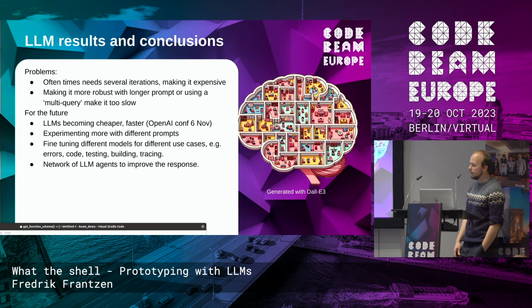And other strategies have to be considered and explored, like fine-tuning for Erlang and making use of several agents communicating. But we will get cheaper and faster LLMs very soon, hopefully on November 6th, and then I can make a better GPT assistant. And maybe in the future you can orchestrate a network of LLM agents directly in your shell.